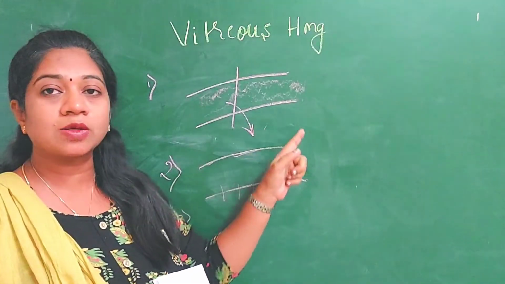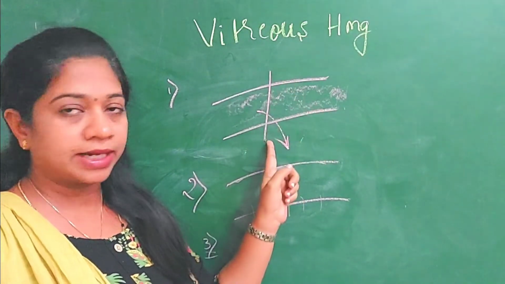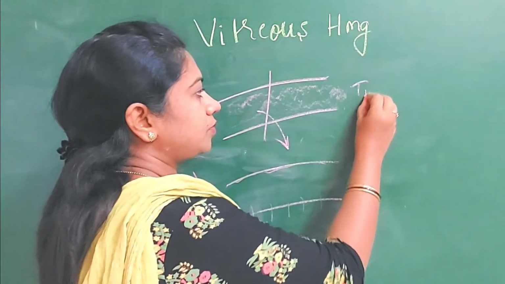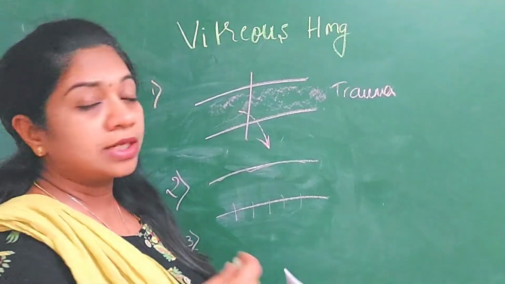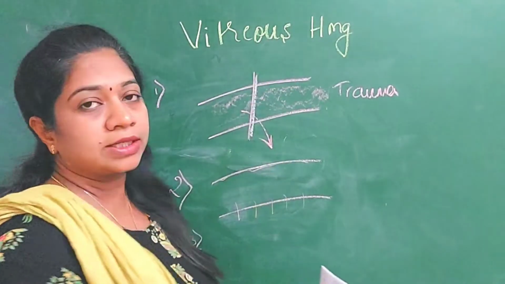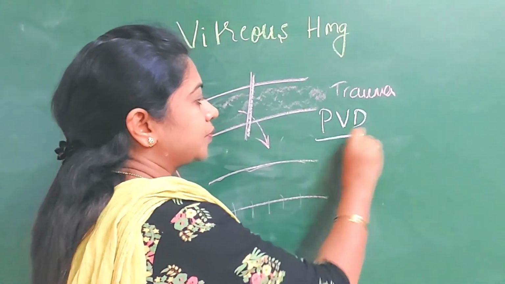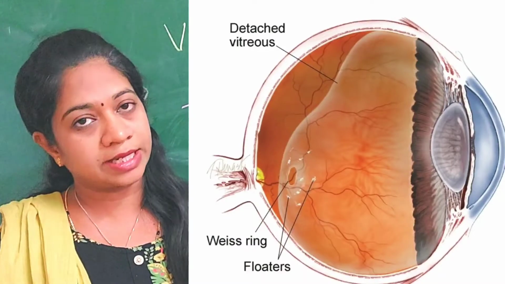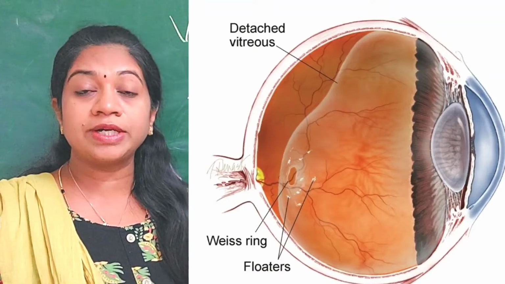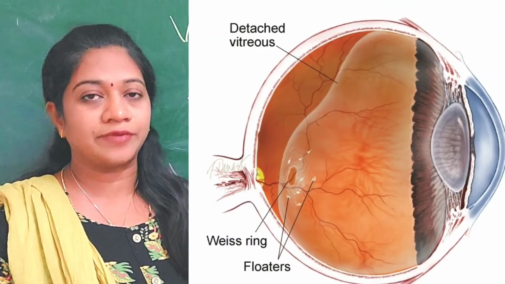Now let's see the causes for each mechanism. The first is where the blood vessel wall is good, but there is a direct trauma to the wall leading to a bleed. The obvious causes are, first, trauma, which can be either blunt ocular trauma or penetrating ocular trauma, which can break the wall of the blood vessel. The second is posterior vitreous detachment. Whenever there is PVD, the posterior face of the vitreous is pulled away from the retina. During that pull, the vitreous exerts traction over the retinal blood vessels, which can break, leading to vitreous hemorrhage.